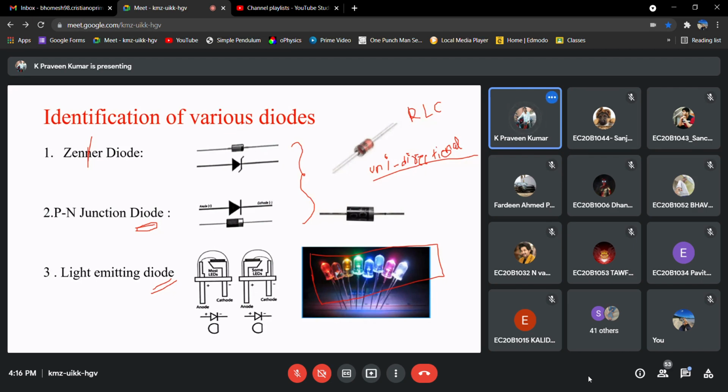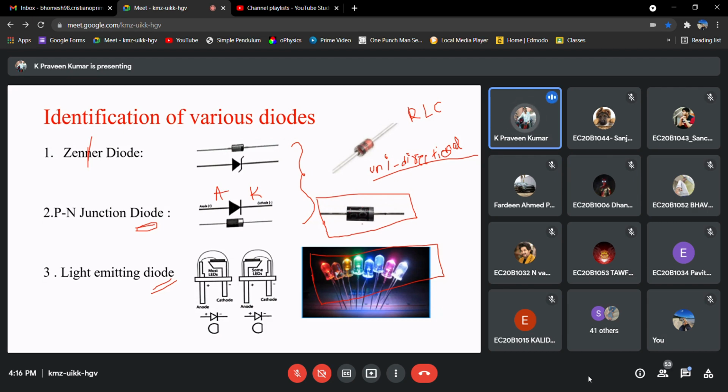Okay. Then one more thing I want to ask. Basically this diode will have two terminals, anode and cathode. Let us say this is the PN junction diode. How can you identify which terminal is anode and which terminal is cathode? That's a very simple thing.